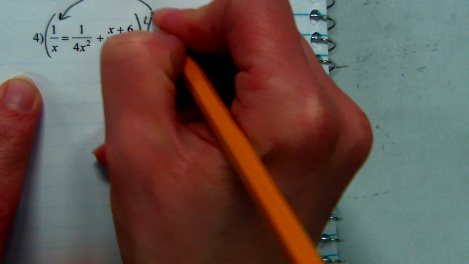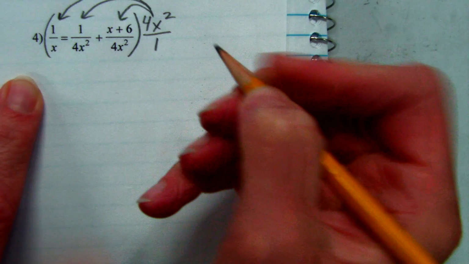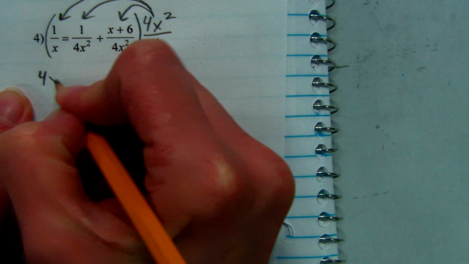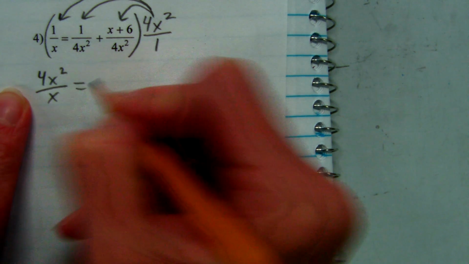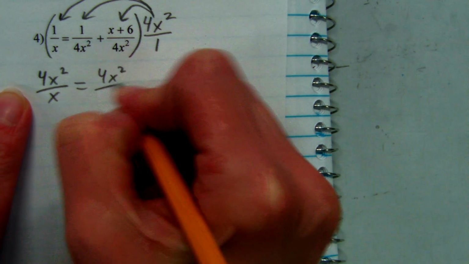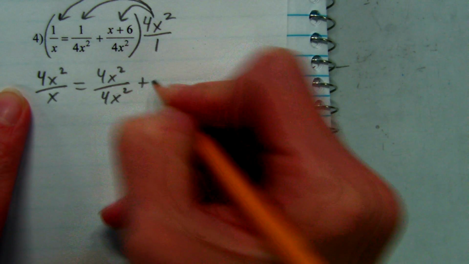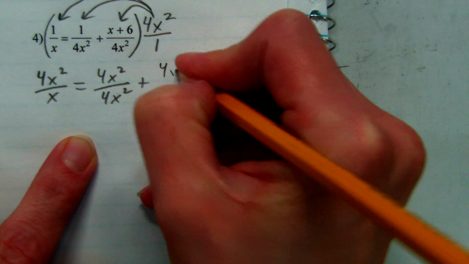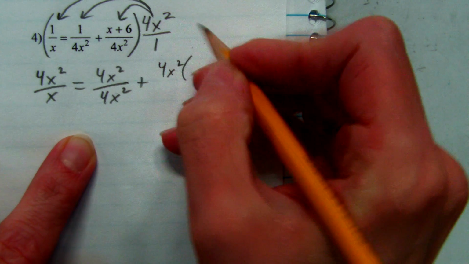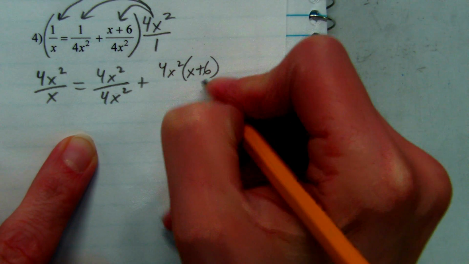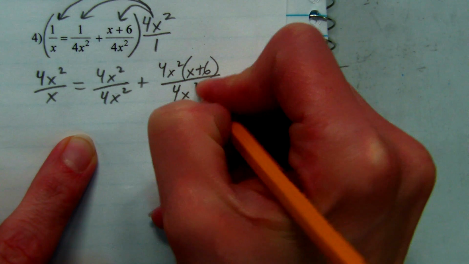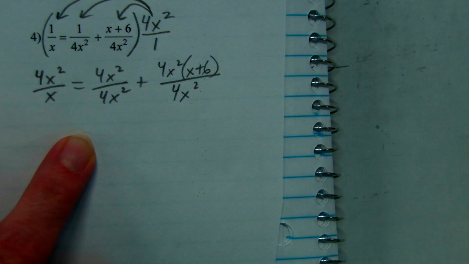We're going to distribute it out so that it's in all the fractions. So we're going to have 4x squared over x equals 4x squared over 4x squared. And then remember, we're just going to put that 4x squared in front of parentheses with the x plus 6 and kind of keep it separate, because that's just going to cancel out and we won't have to actually multiply